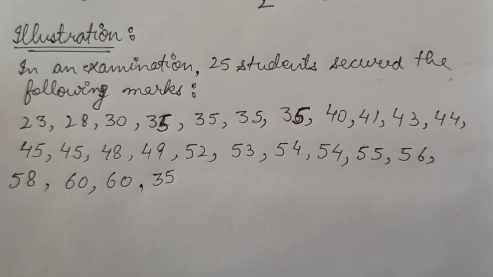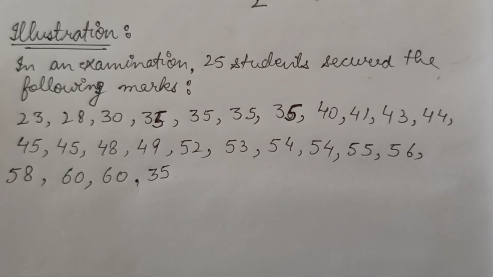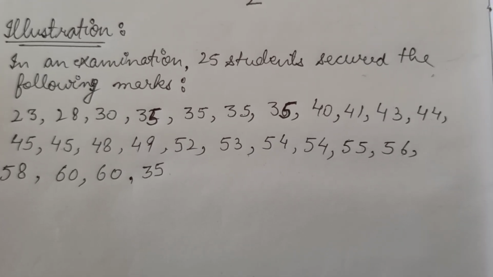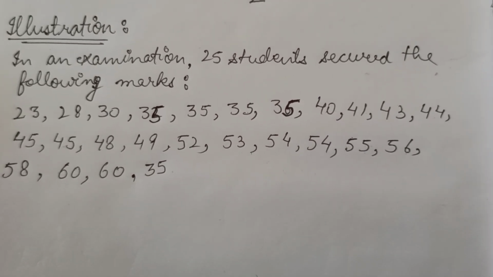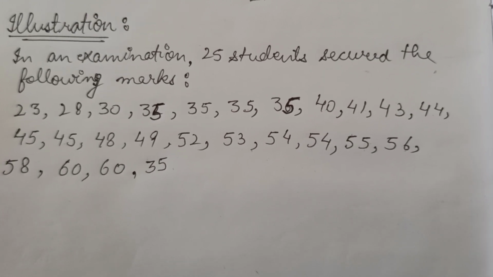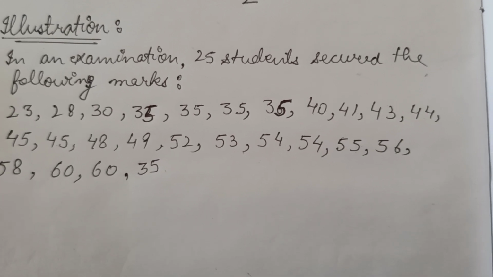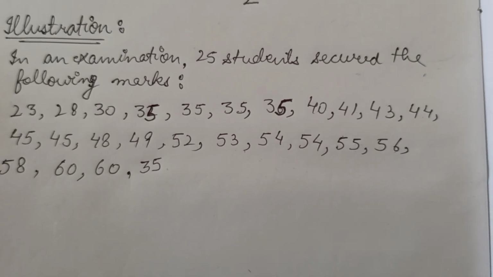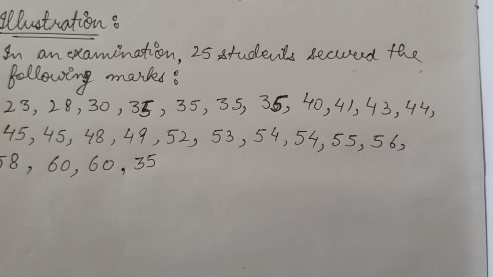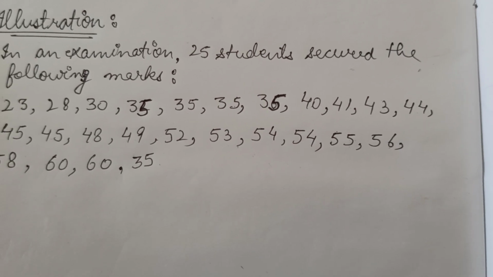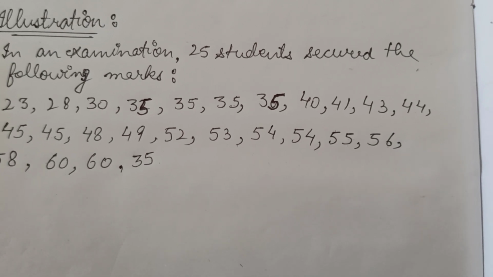Hello everyone. In the previous video, we studied the concept of raw data series as well as the conversion of raw data into statistical series, under which we studied the various types of statistical series. Among them were the individual series and the frequency distribution series. Under the frequency distribution series, there were two further kinds: the discrete or frequency array, and the continuous frequency distribution series. Along with that, we studied the various terms related to the series.